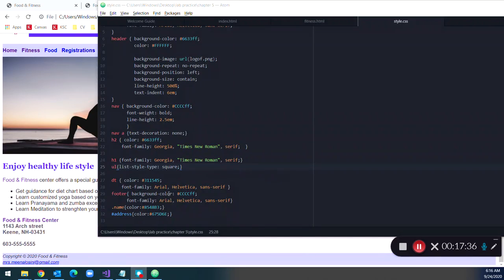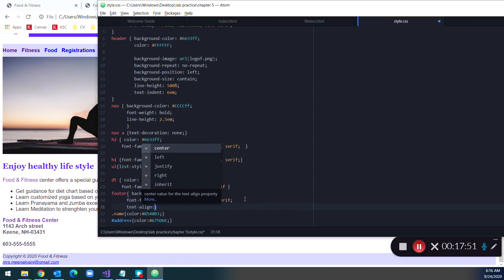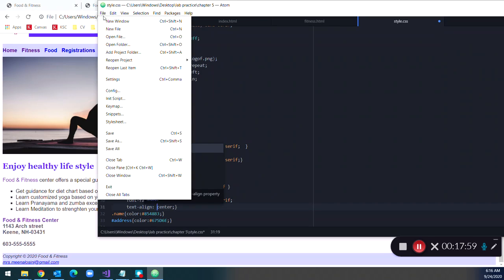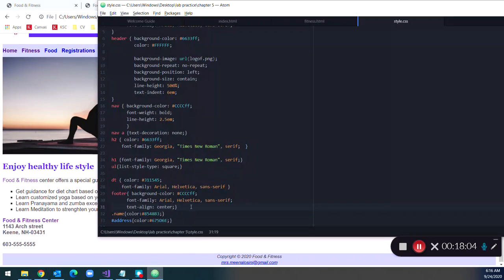Now let's work on our footer area, where we want to bring this copyright content to the center. So what property can we use for that? We can use the text-align property. Remember, text-align, and then you can use different values. We want to bring it to the center, so you have to say text-align: center. Save and refresh the page, where you can see it got to the center. Okay,